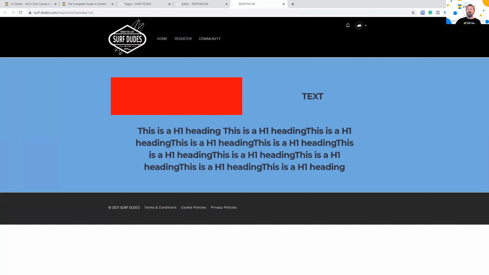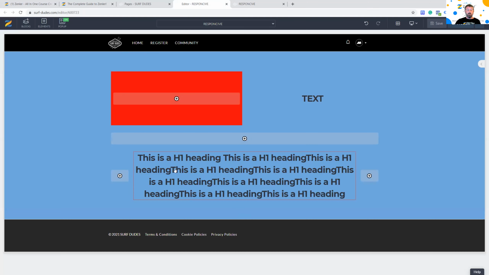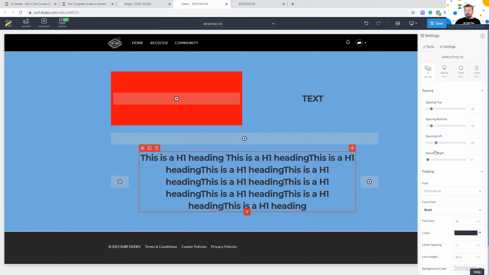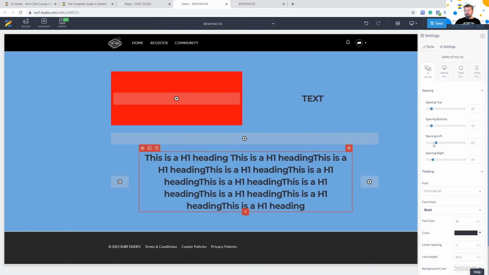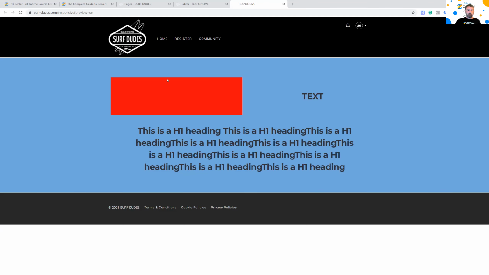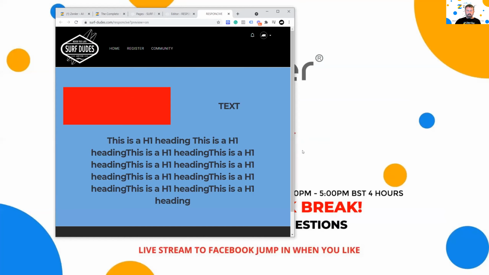So if you understand how the rows work and that you shouldn't push things too far, then you can get exact placements. So for this, for instance, I could come in here. If it was a little bit close when I wrap it down, I could just put in a little bit of spacing there, a little bit, but not too much. So I've now got it a little bit knocked in. Click save. And now if I refresh this, it will come in slightly. And as I bring it down, it's not going to affect it responsively.